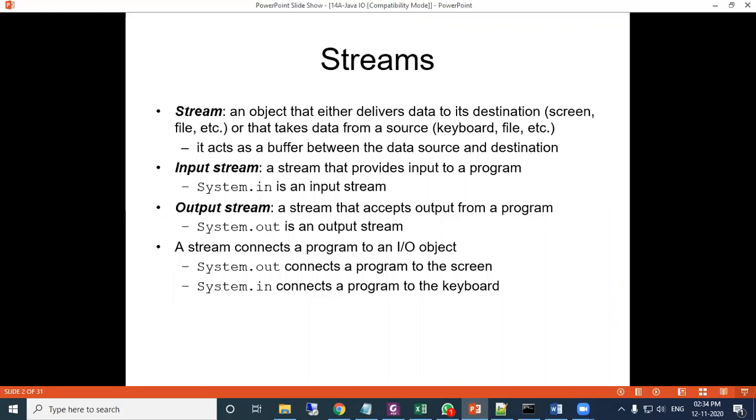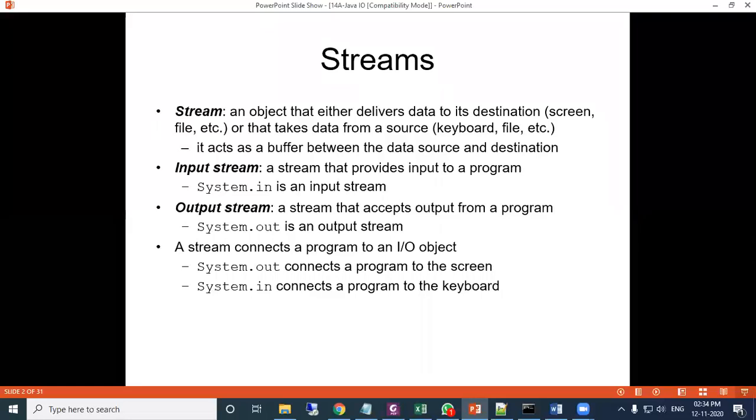When something is inputting, that is called an input stream, and when it is going to an output device, that is called an output stream.